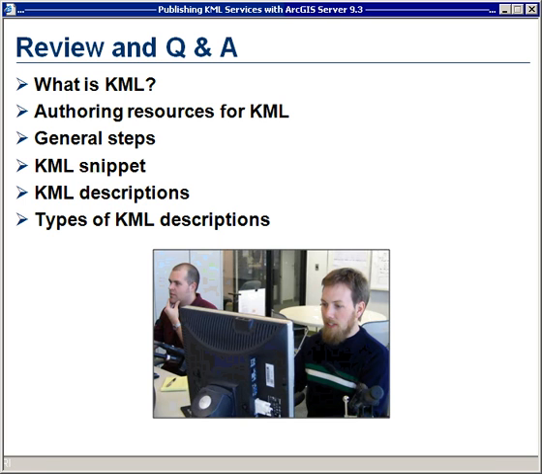So what have we talked about? Well, we talked about what KML is. KML stands for Keyhole Markup Language, and it is an XML specification. It's a way to store points, lines, and polygons in addition to pictures and movies and other things that might be supported by a KML client. It is the native format for Google Earth, so it does give us some interoperability with ArcGIS Server and other